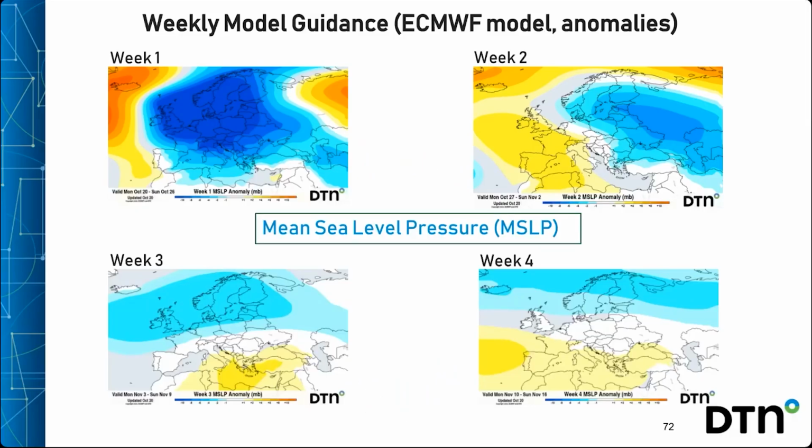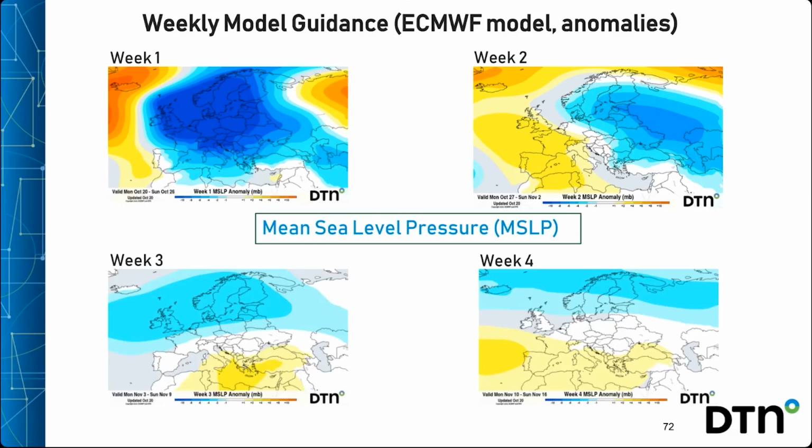The pressure pattern forecast by ECMWF looks like this: low pressure dominating central, northern, and north and western Europe through the rest of this week, top left there, with very unsettled and windy conditions, including some severe storm threats. We've got Storm Benjamin moving through at the moment, of course.